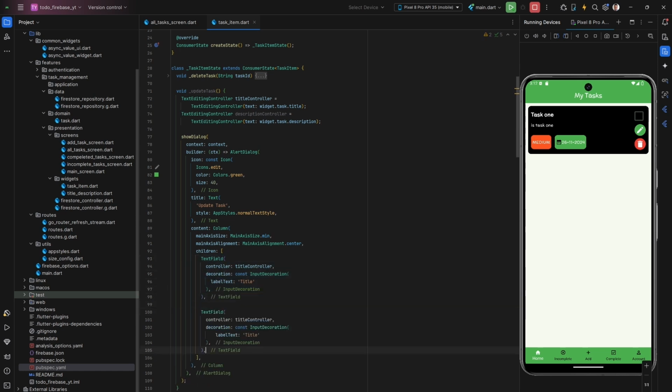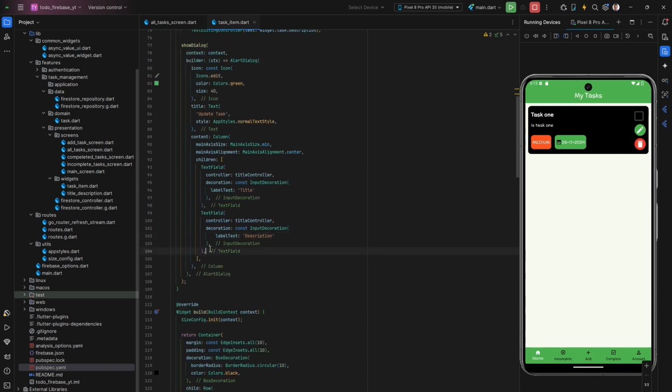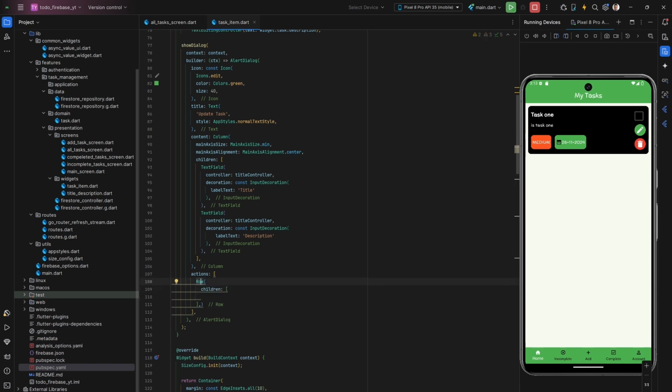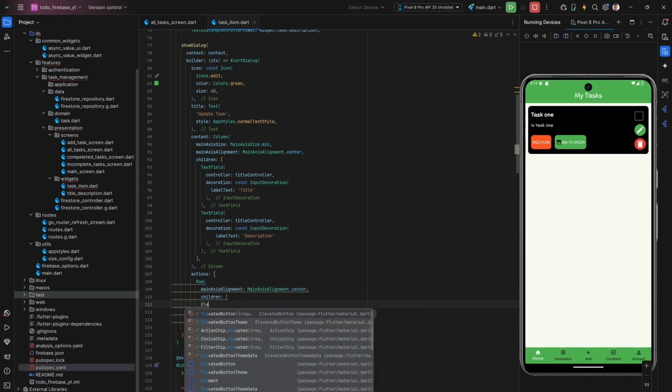And by the way, we can add a functionality for changing the priority as well, but I'm not going to do that in this video. That is something that someone can improve as well. Okay, so finally I'm going to add actions. They are going to be inside of a row with children. So this row, I'm going to give it a main axis alignment of center. So the children of this row, first we have an elevated button,